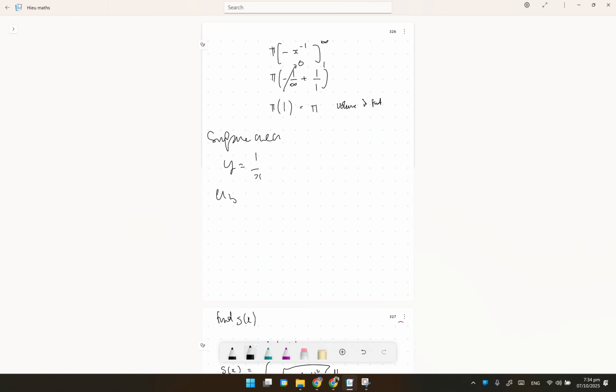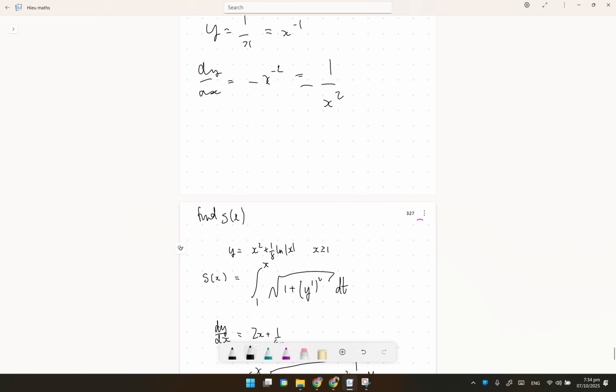So let's find dy over dx really quick, which in this case is just 1. This would be equal to x to the power of minus 1, so multiply by the power. Minus 1 to the power is minus 2, which is just 1 over x squared, minus 1 over x squared. And so the